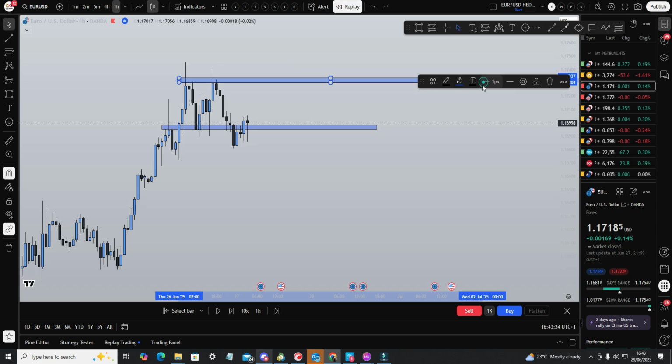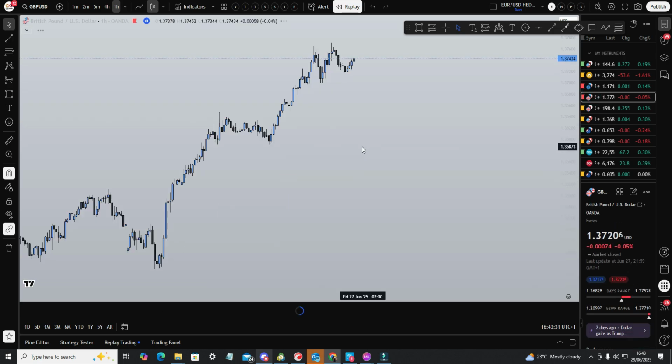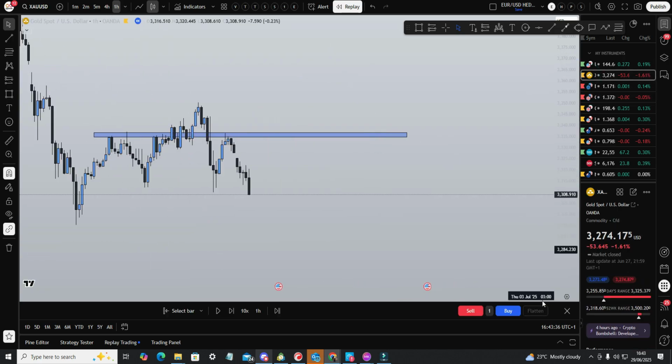Price might even come back up here to reject these areas and then fall, right? But you probably would have lost that trade. That's fine. But let me just go back to the gold trade, right? Because what I mentioned with the gold trade,